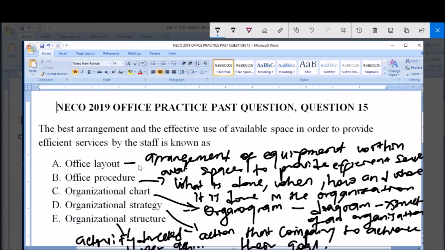Now from the options you will see that A, office layout, is the answer to this question. That is, it is the arrangement of equipment using the available space to provide efficient services. And the question says the best arrangement and effective use of available space in order to provide efficient services by staff is known as dash, and that is